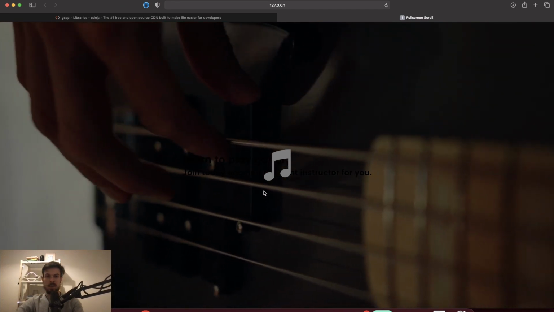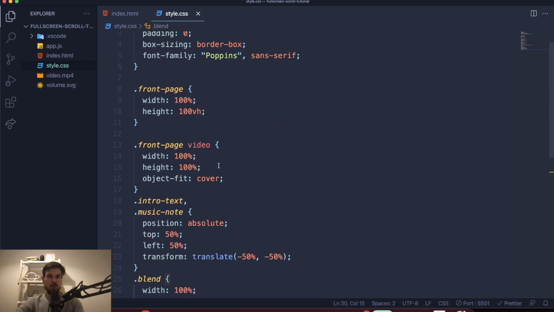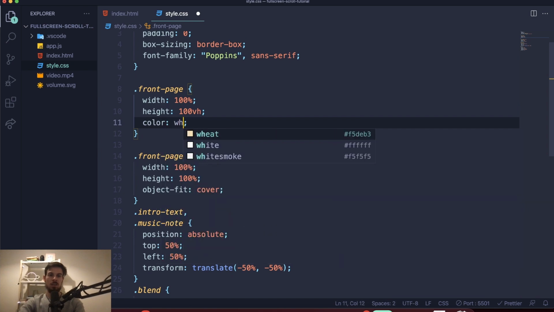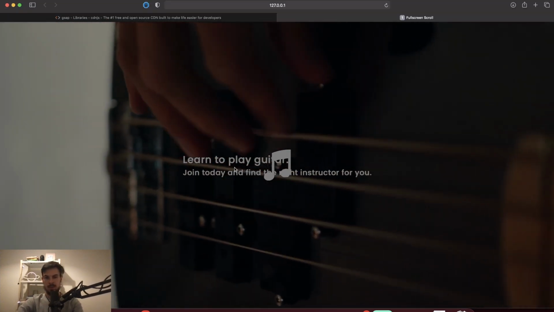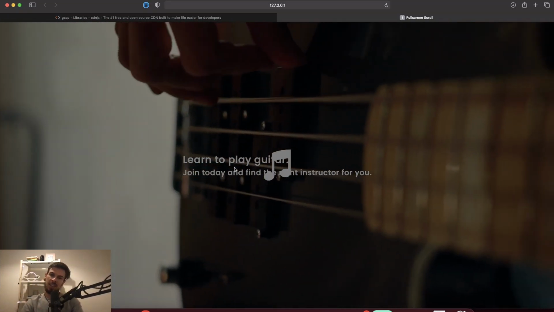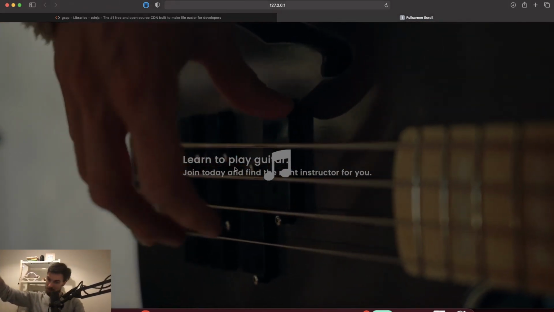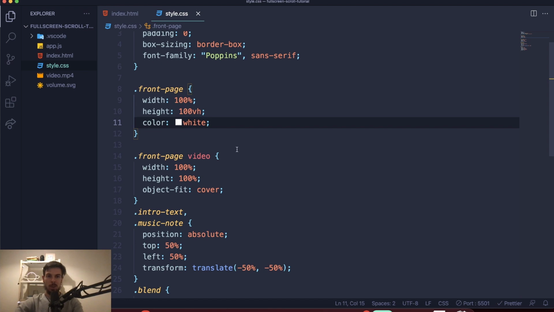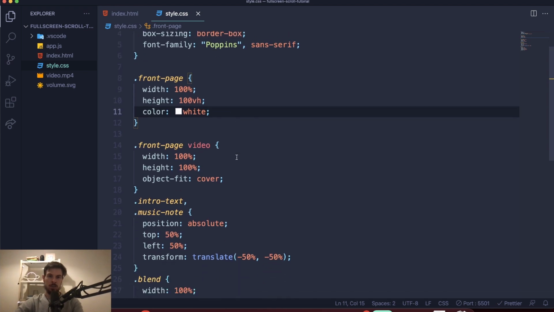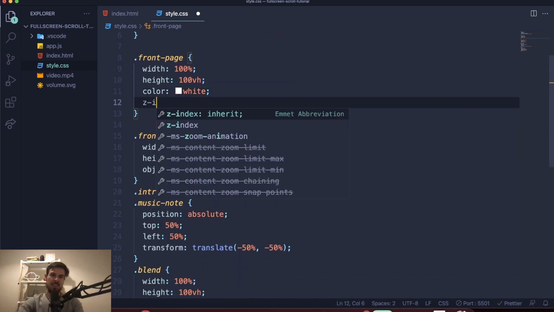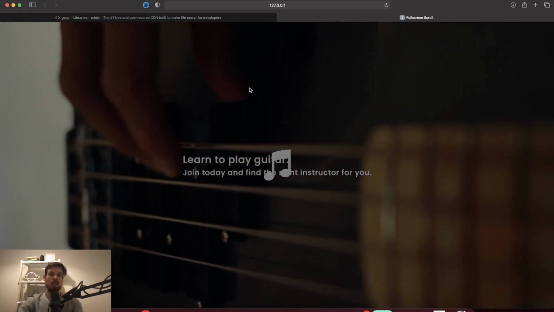That's awesome. Now, what we can do is go here to the front page, add a color of white to it, so our text is white. That's good. Now, as you can see, it's not that white. It's kind of grayish. And why is that? It's because we have this blend on top of it. So what we can do is go over to the front page and add a z-index of 2 to it. So basically, or even more,